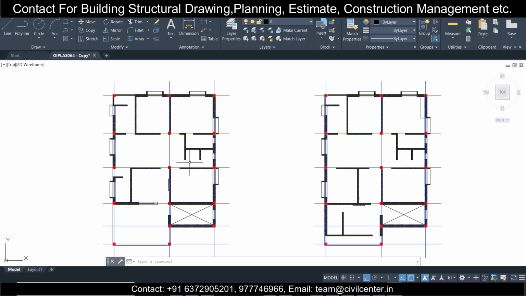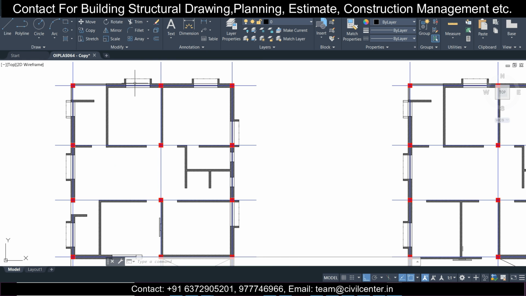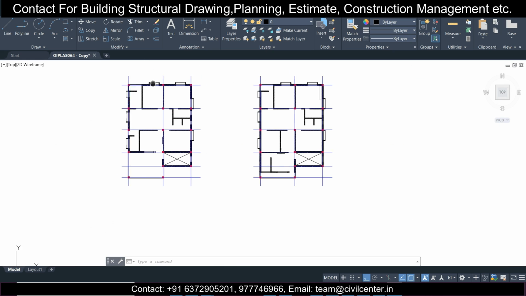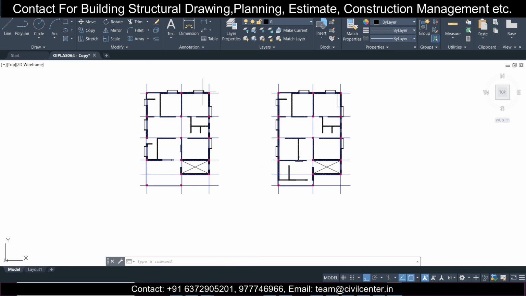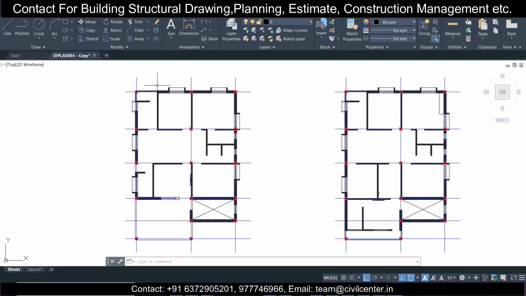But right now, because we need to end this video soon, we'll only go for the primary beams, and we'll just make the model. We'll only go for the main beams. The other beams you can also give, but in the design it won't make much of a difference. So we'll only go for the main beams right now, just for completing the model. In another video I can show the secondary beams as well.